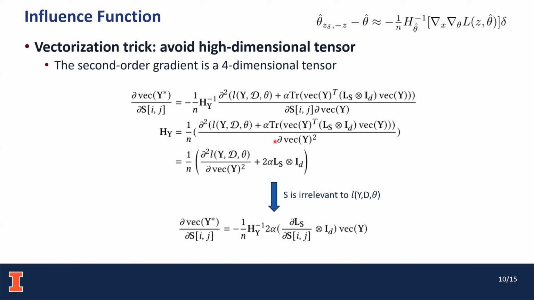We can observe that in the first line, when we are applying the influence function, the first term, the loss function's gradient with respect to S, is actually 0, because we assume that the original learning model is not using the similarity matrix between the instances. So we can remove this first term and only keep the second trace-like term and derive the gradient in the following form.